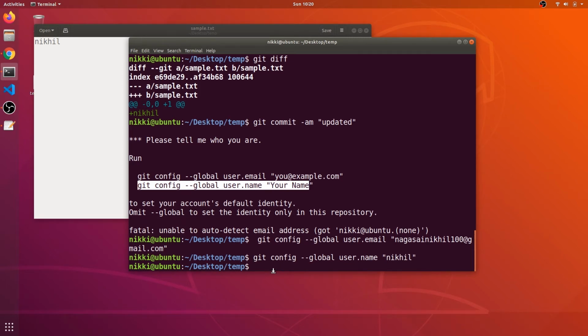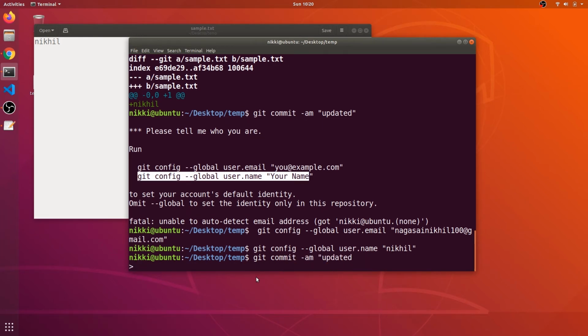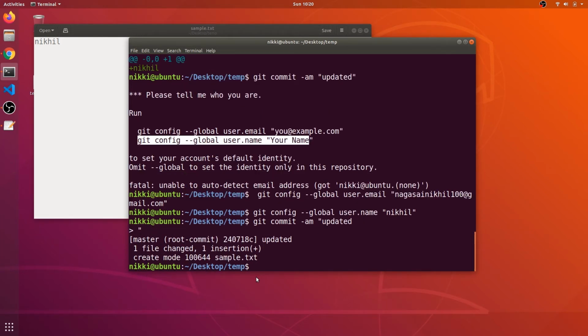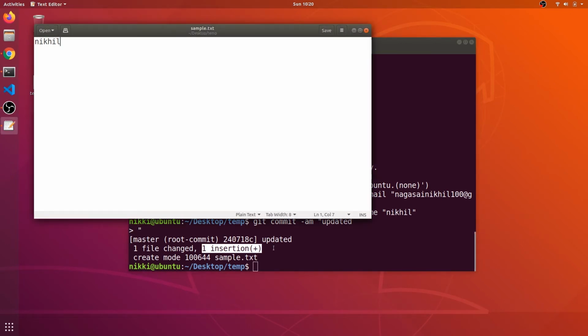Now we have set the mail and the name. Now let's say git commit updated. So one file changed with one insertion. Previously we had the empty text file, now we have one line.